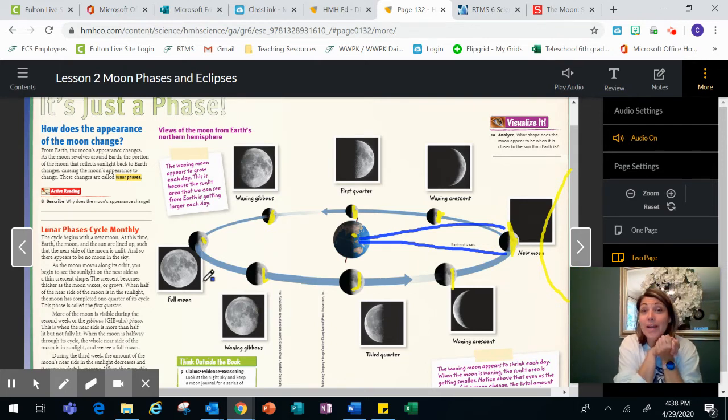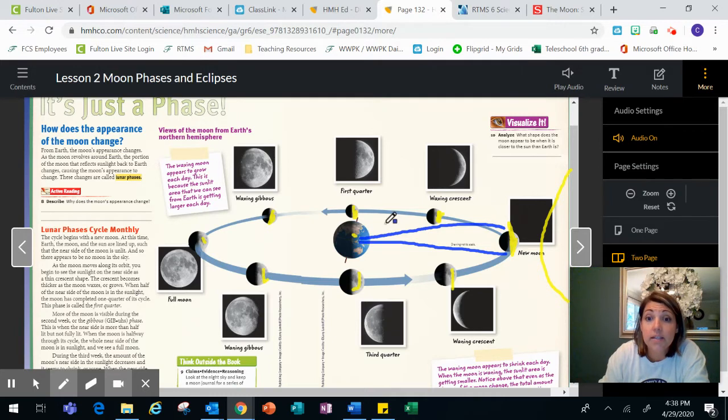When you wax on, you're making it shinier, right? You're not going to say, I'm going to go wax my car today because I really want it to be dull. You want it to be brighter. So waxing makes it shinier. So waxing with the moon is when the lit up portion is getting larger. It's getting shinier. So going on from new moon, where we don't see any of it, we then go to